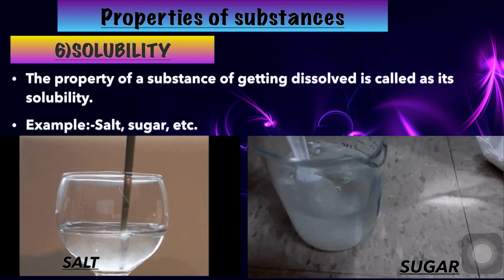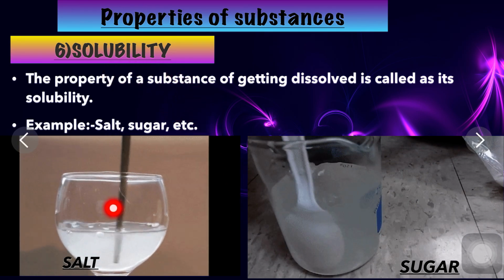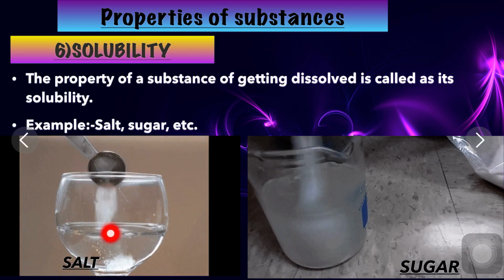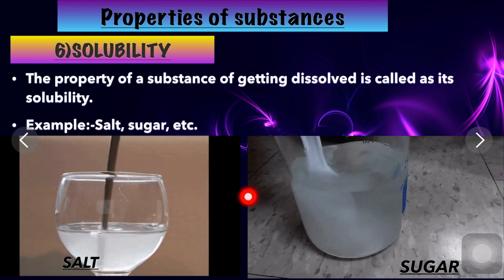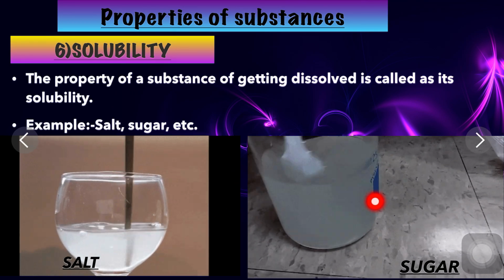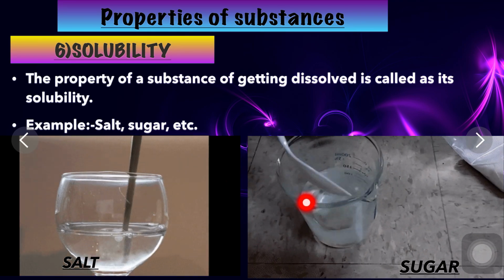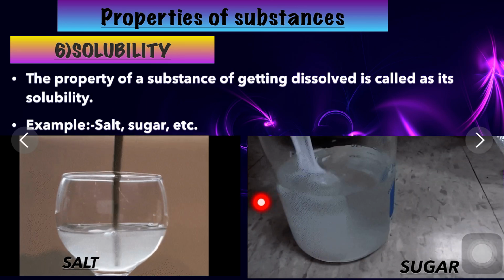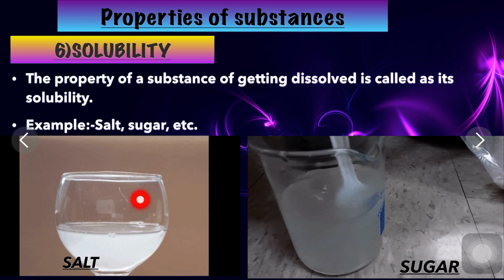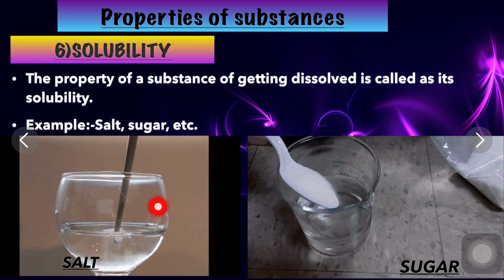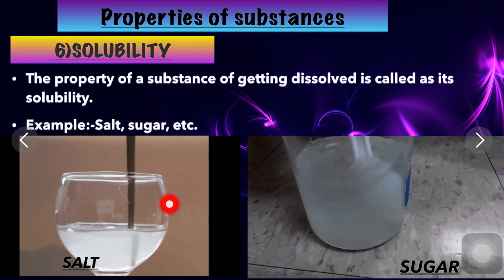Next is solubility. Now let's have a look at an example. Take a glass of water, students, add some salt, fine sand and sugar to it. So I am using salt and sugar solution. Repeat this, replacing water with kerosene. What do you observe? Some solid substances dissolve in a particular liquid. If a solid does not dissolve in a liquid, it is said to be insoluble in that liquid. Example, salt is soluble in water but